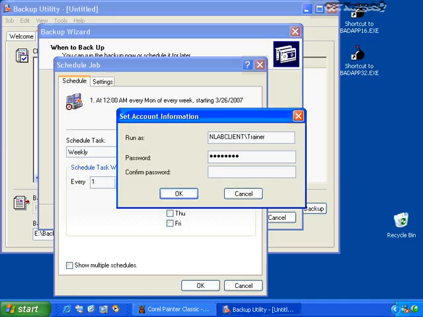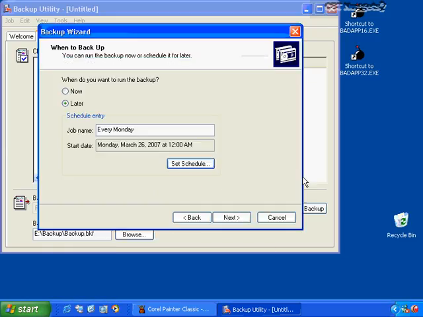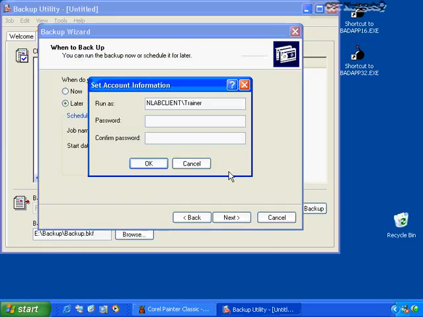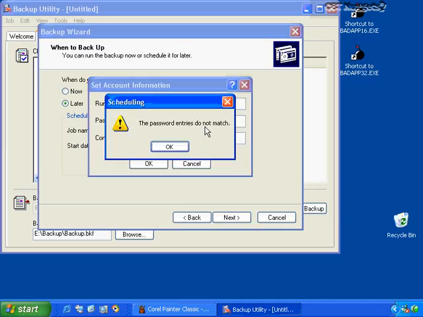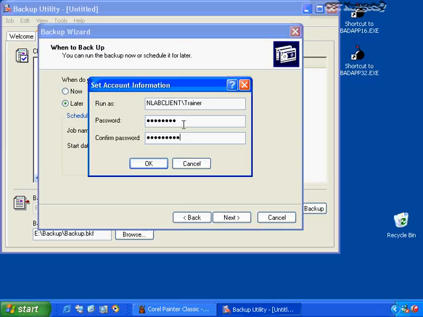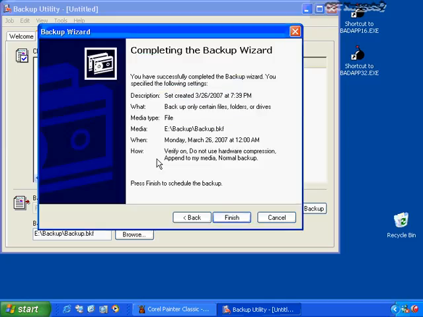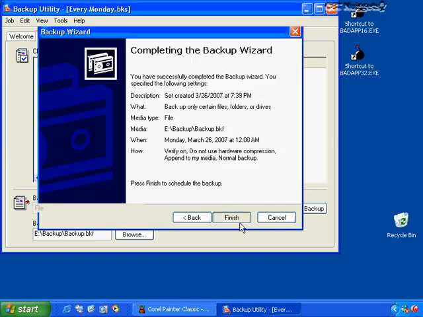So I'll enter in a username and a password. And now it's going to go ahead and be able to run this whenever I specify. And then I can again specify the account information. Okay, and I guess I got to type in the same password both times, don't I? A little too hasty in my typing there. But in any case, once I've finished all that up, now I can click on Finish,